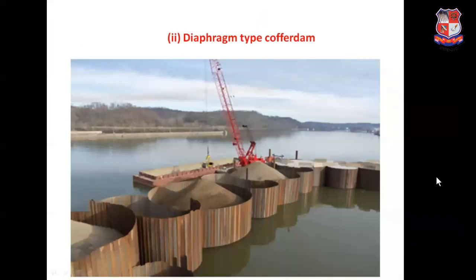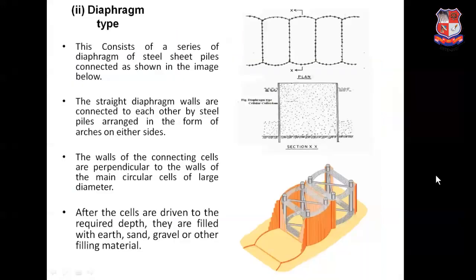Now the next one is the diaphragm type cellular cofferdam. This is the figure of the diaphragm type cofferdam. Now let us discuss the technical points of the diaphragm type cofferdam. This type of cofferdam consists of a series of diaphragms of steel sheet piles connected as shown in the